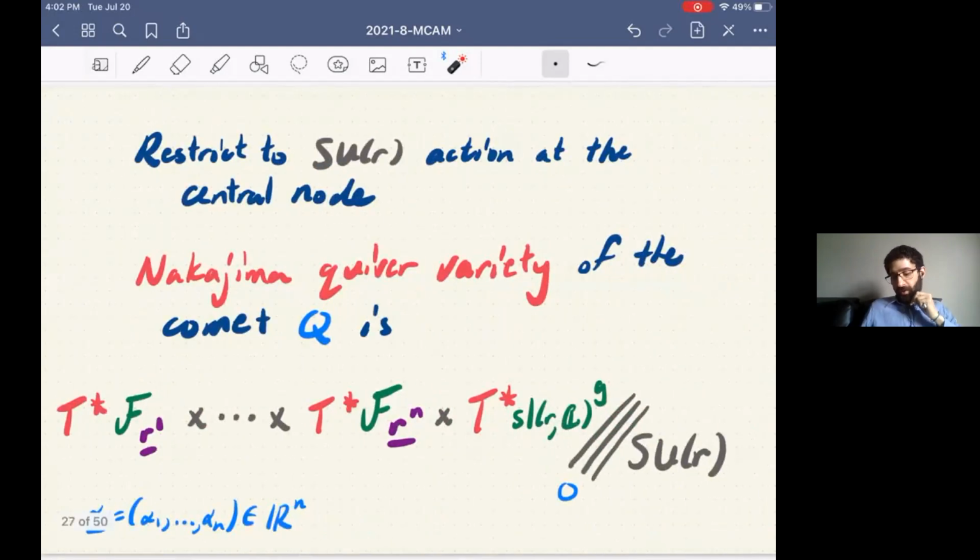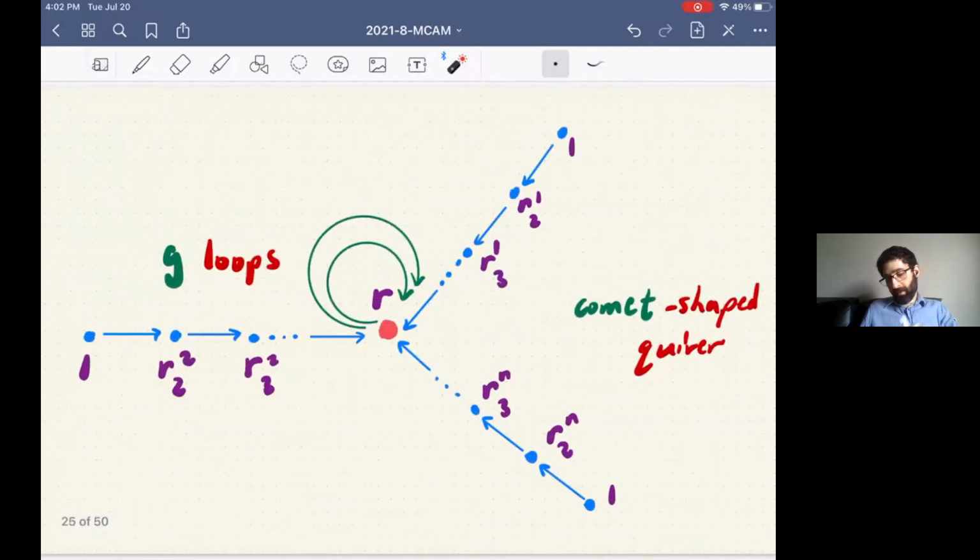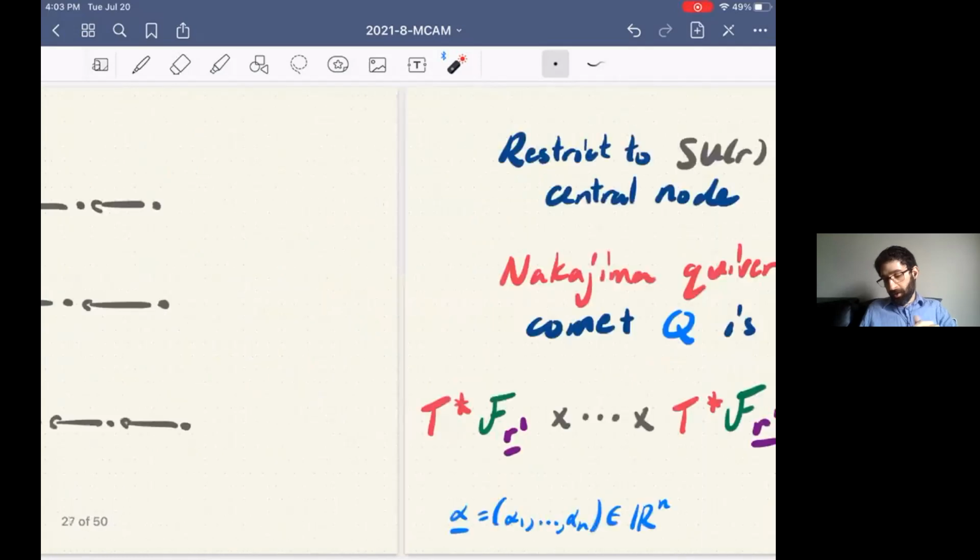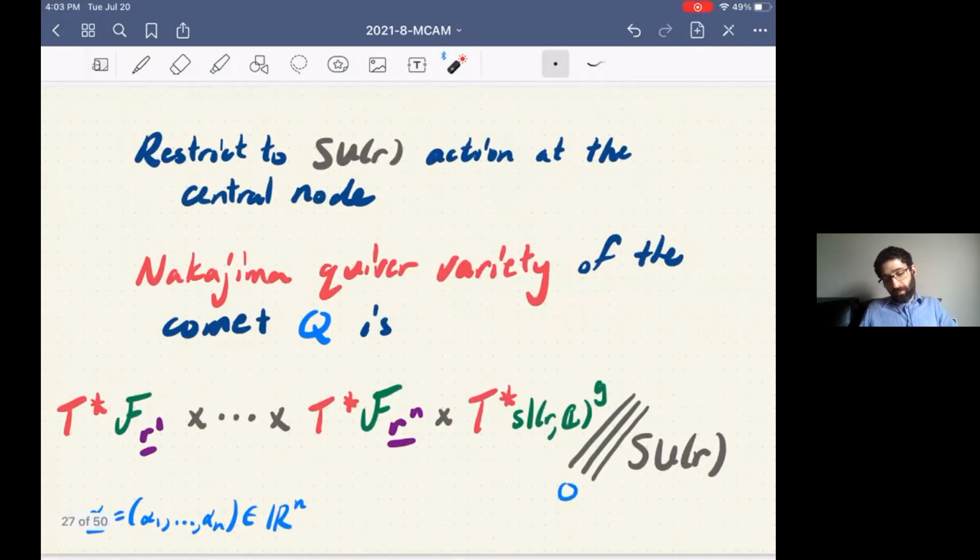But so I want to consider these comet-shaped quivers, and I want to take their Nakajima quiver variety. Well, one of the fortunate things is that this, if I don't look at the center, gave me a partial flag variety, or another cotangent bundle of a partial flag variety, and another cotangent bundle of a partial flag variety, and so on. So instead of reinventing the wheel, I have a product of those partial flag varieties, and then at the center, I have